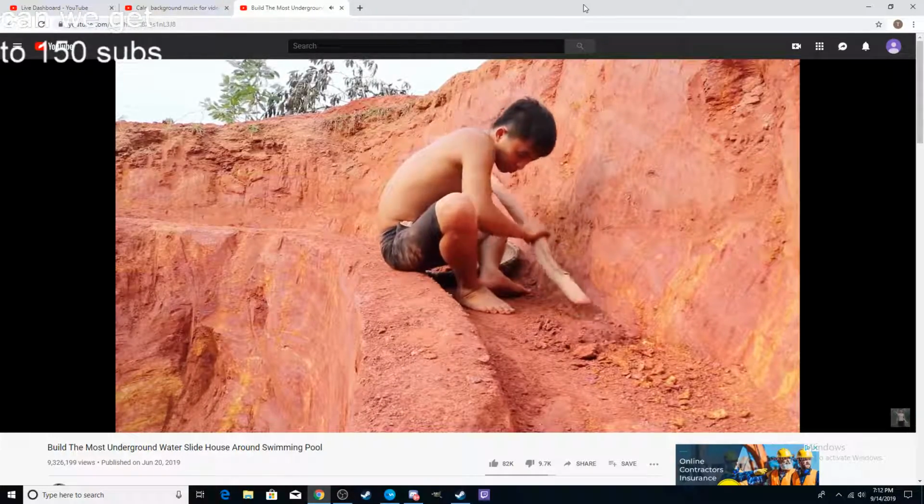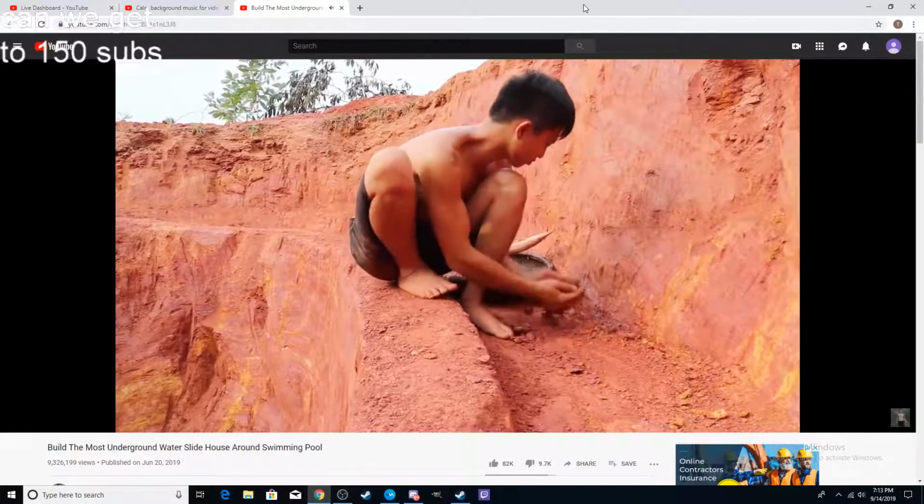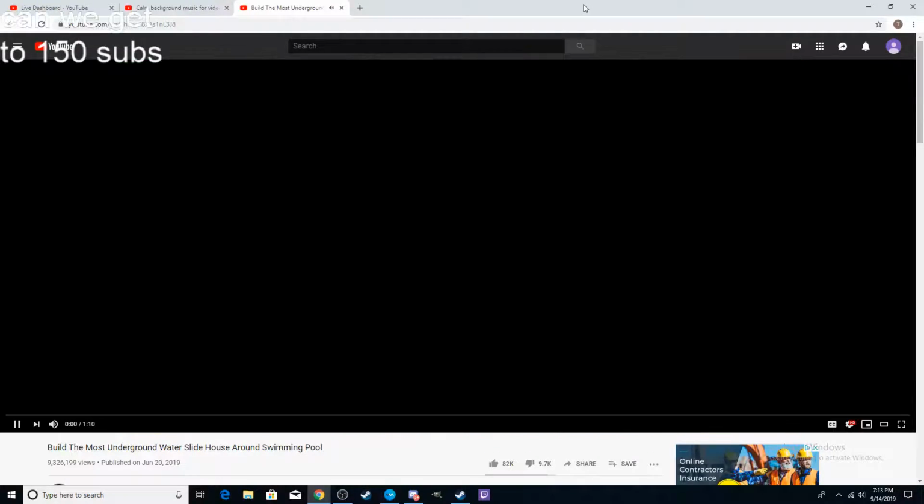You know what, that's probably how they're actually able to do it. This goes back to what I was reading about the Adobe. Judging by just how red it is, I bet you the reason why it flakes off and it's so easy to carve into like that is probably...